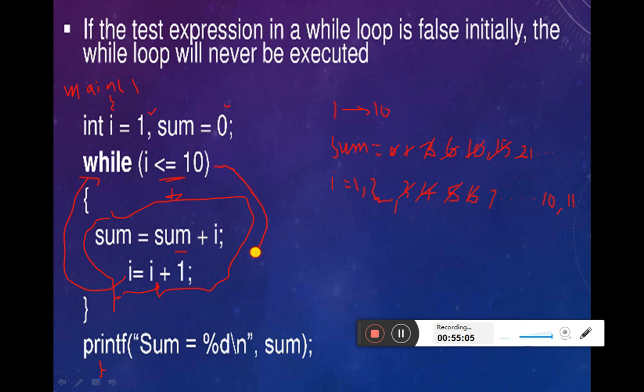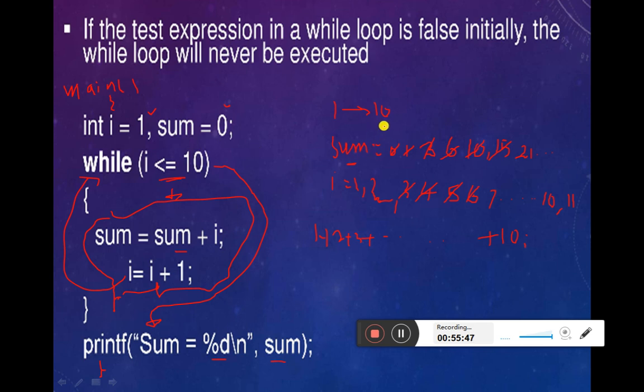So we'll come directly out of the loop, to the statement next to the while loop, and print sum equal to %d. So this value will be printed in place of this. So the final value of sum will be printed, that is the sum of 1 plus 2 plus 3 and so on up to plus 10. So this value will get the final sum, which will be printed here. So this is how this simple program can be used to find the sum of all the numbers between 1 to